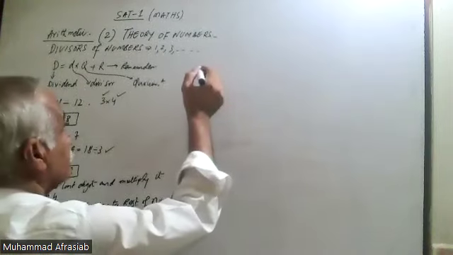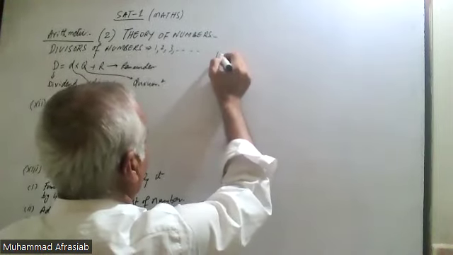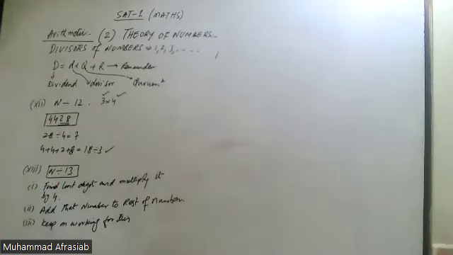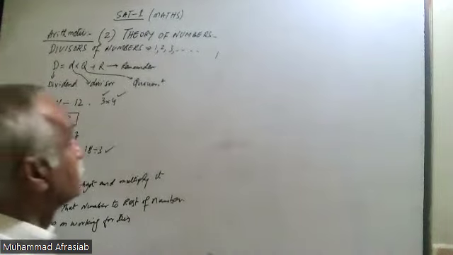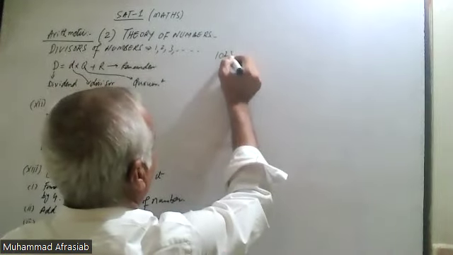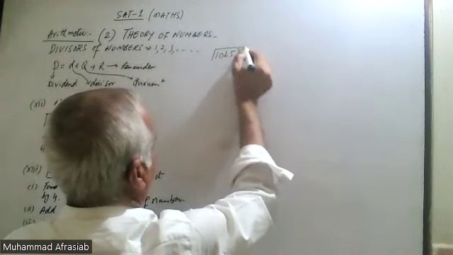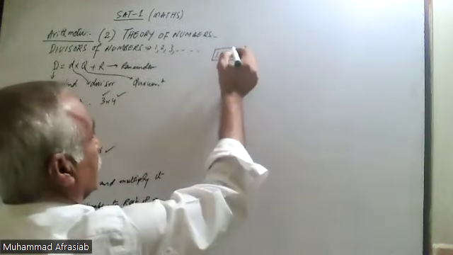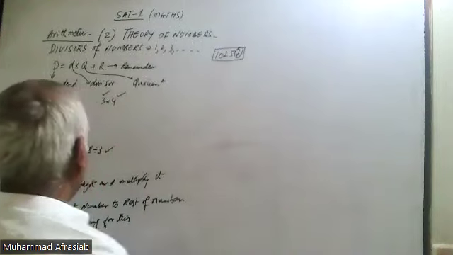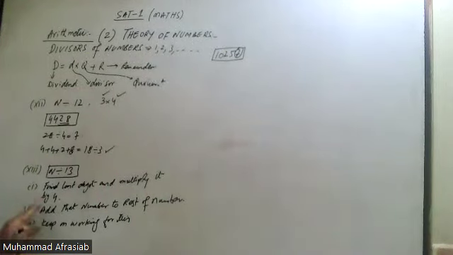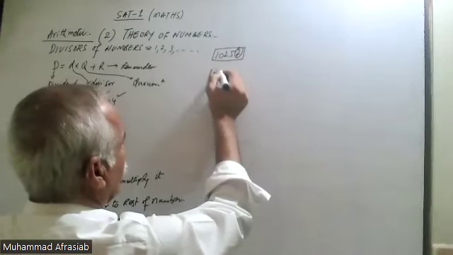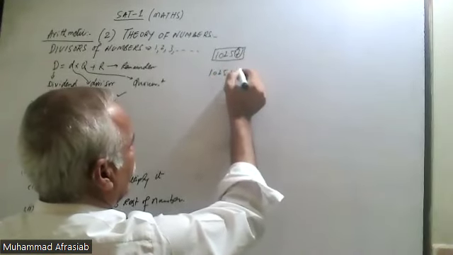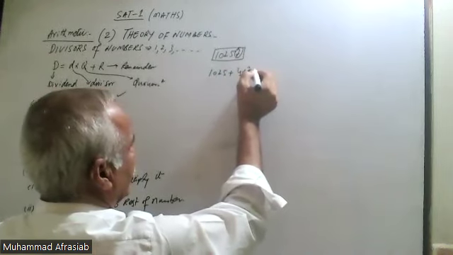Let's say the number is 10257. This is the number. We have to check whether it is divisible by 7 or 13 or not. This is the last digit of it. You multiply it by 4. So 1025 is the rest of the number plus 4 into 7. That thing is equal to